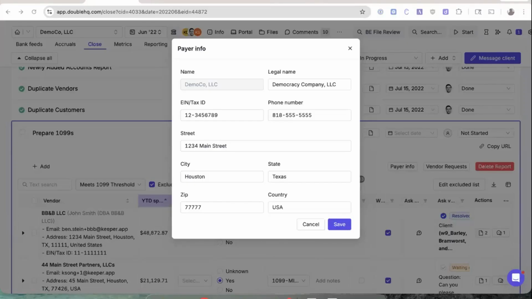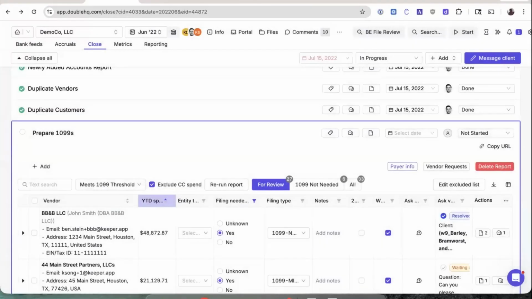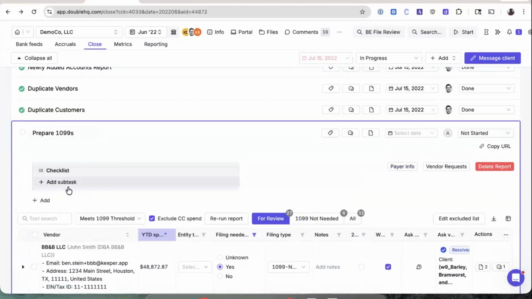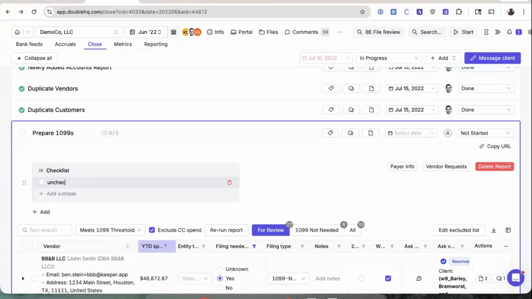I would be curious to know. This will probably affect my 1099 filings. Actually, no, it's not. I definitely pay by ACH, but I'm sure other people in the chat would like to know. As for flagging attorney fees, if they're paid by credit card, if you have these sort of weird edge cases, honestly, what I recommend is just adding in your Prepare 1099s checklist something that's like uncheck